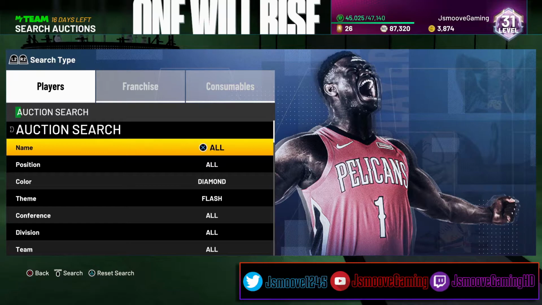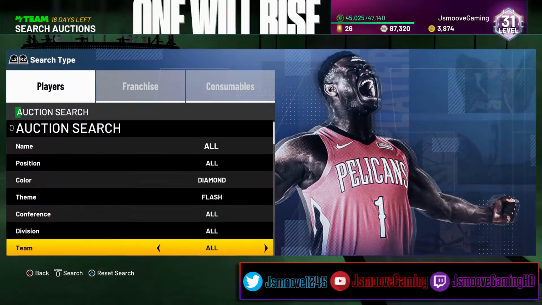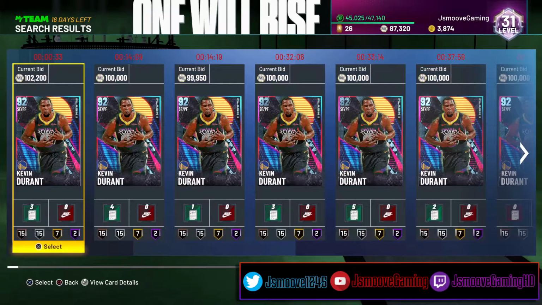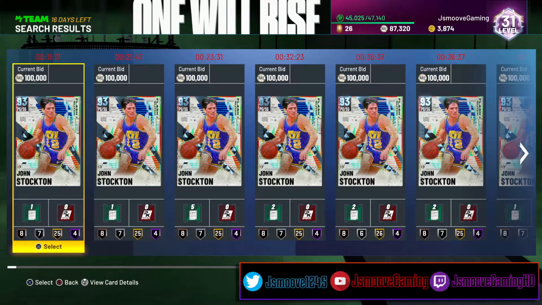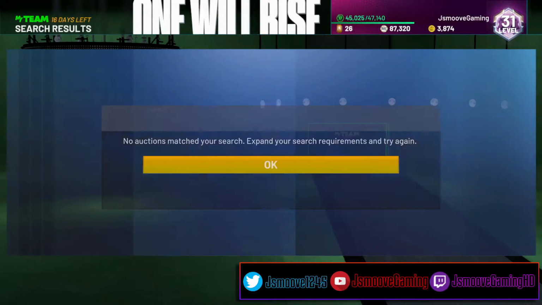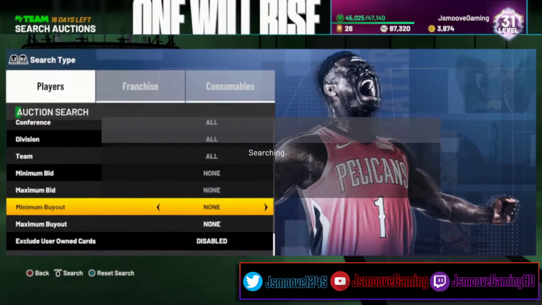Kevin Durant, on the other hand, in the Diamond Flash filter, is currently going for bid only. He's a great offensive card, with high 80s shooting in mid-range and 3-pointer. Glitch John Stockton is also currently just bid only at the moment, with the fact that he is John Stockton,